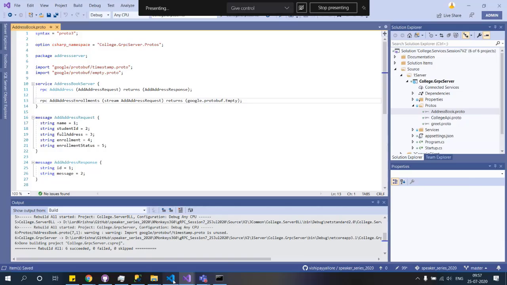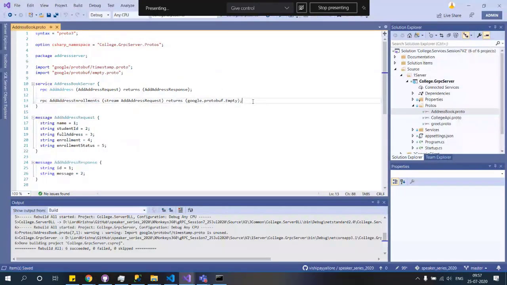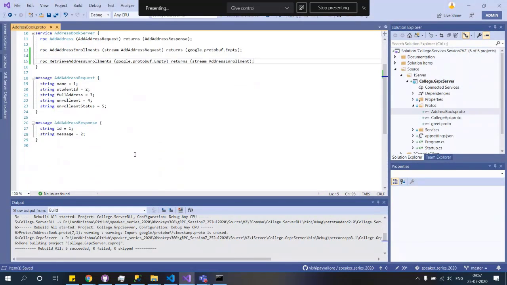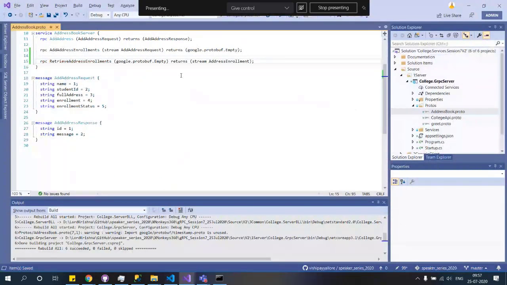Now we need to return a list of streams, and that one will push it here. And we need a request object also. We'll fix that; right now we don't have anything.